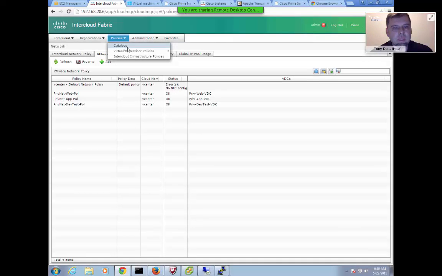We have several different types of policies. We can configure catalogs and expose them based off of templates and services that we want to make available to the end users based off of their roles access when they log into the user interface, as opposed to the administrator interface that we are leveraging currently. We also have the virtual data centers. A virtual data center creates a logical data center that we can group our devices based off of policies related